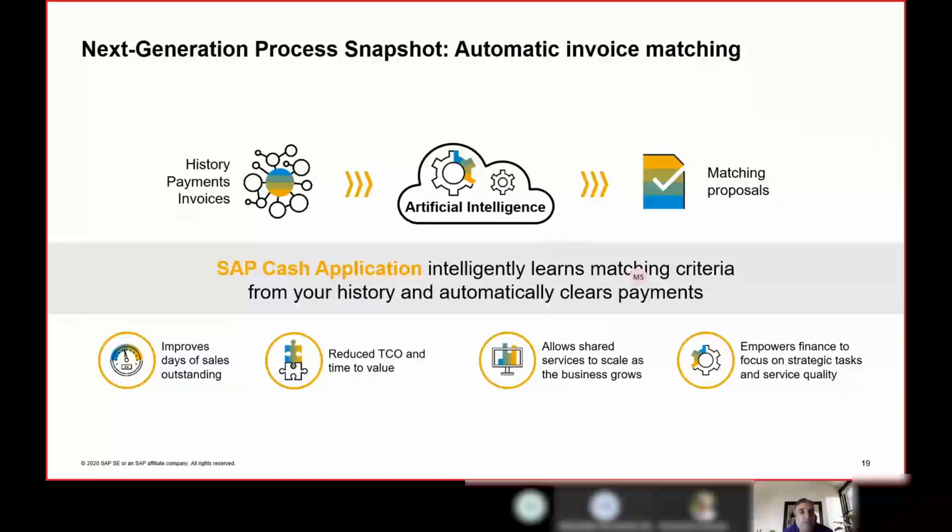So this is a very good example of automatic invoice matching, the Cash App, where the Cash application helps you in managing these payment invoices and matching them with the proposals over here. It basically helps you in doing the end-to-end automation for the bank statement, and helps in having a very efficient reconciliation of the payment invoices we have received from our banks and the payments from our customers. Again, the Cash App helps in a more intelligent way of having a reconciliation and sorting out the differences over here.